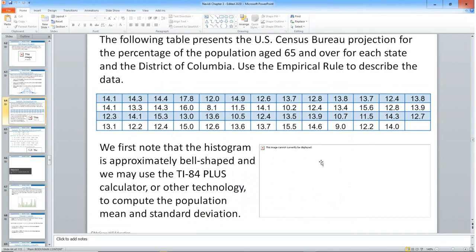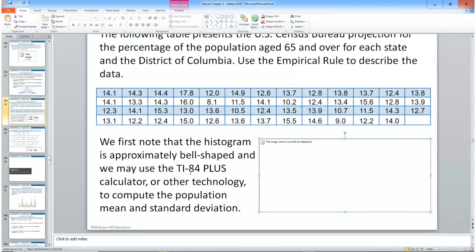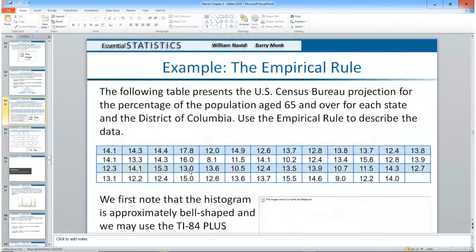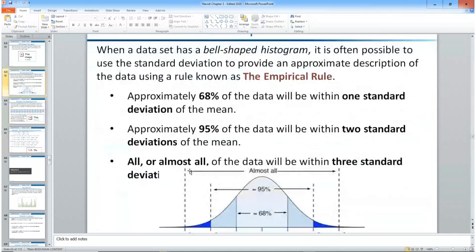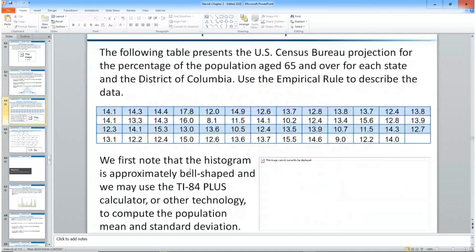District of Columbia. Now, again, I don't know why all of a sudden this thing is deciding not to display that image, but they just show you one that looks more or less normally distributed, and they're calling the shots on it and saying this one is normally distributed. So now, what does that mean? Well,